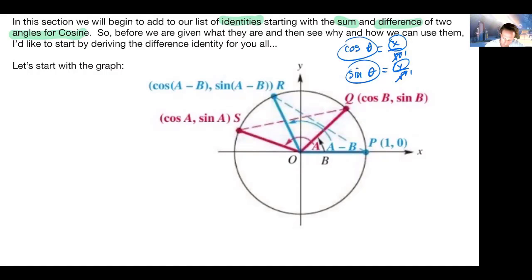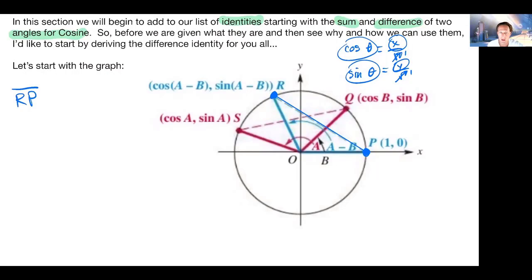I know that this blue one here is, by definition, the way that we wrote this, we defined it, was the angle A minus B. And if I was to take the end point from the beginning point, and measure that distance between those 2 points, between R and P we called it, that is actually what is called a chord, or a segment of a circle from one endpoint to another, not going through our center. We call that a chord. And if I was to find the distance of this segment, this chord,